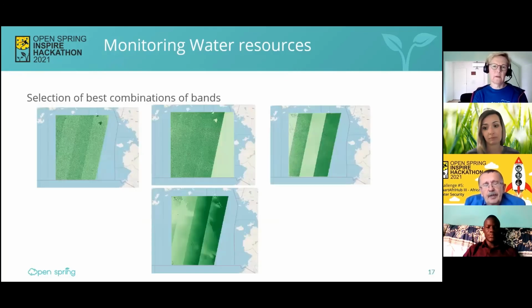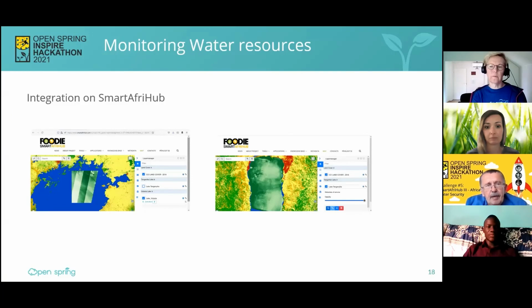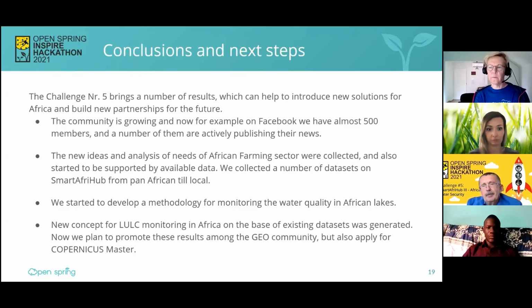We then looked at different combinations of spectral bands and indexes, and we selected spectral band 5, and we prepared some visualization. You can see that on this spectral band it is possible to see a different effect in the water, and of course this effect has to be studied later. Again, the time was not so long to compare this with some samples, but this is the base for future activity. This was from the data work, and I think that, Ronald, you now have to conclude our presentation.